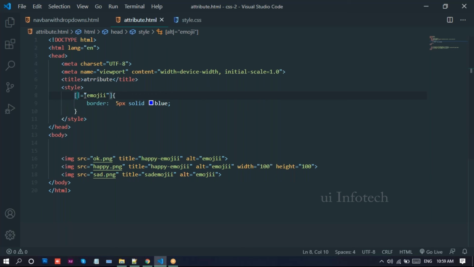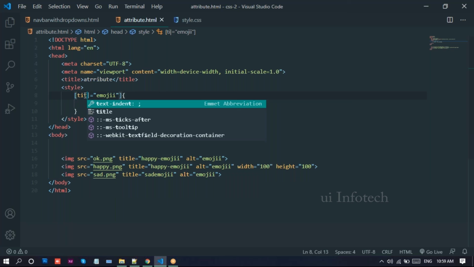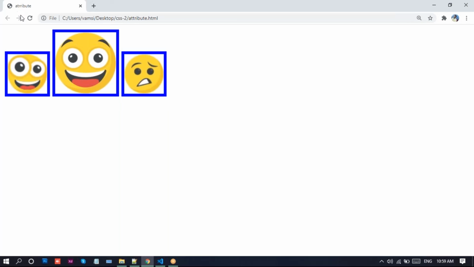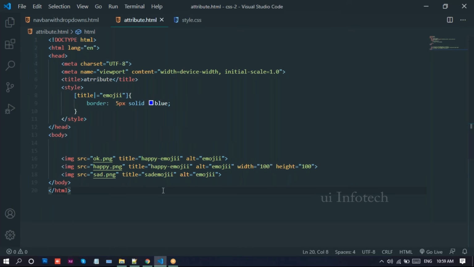Let's reload this page. I just remove this. Sorry. Here, instead of alt, we'll just change it to title. Now let me go to this browser and reload this page.